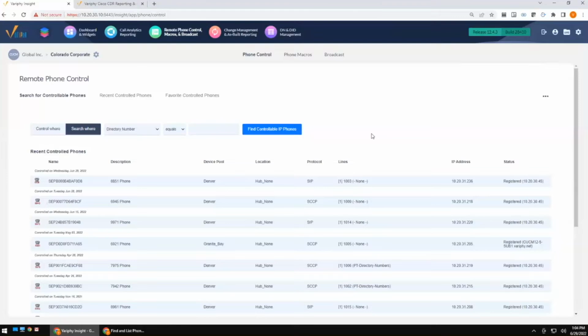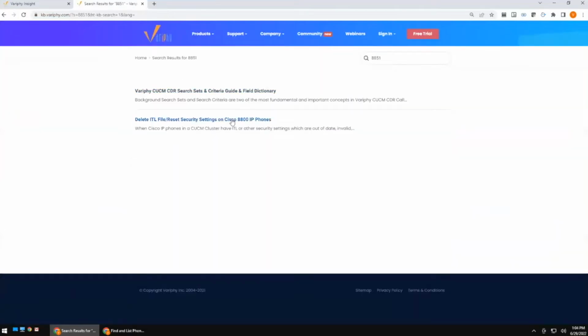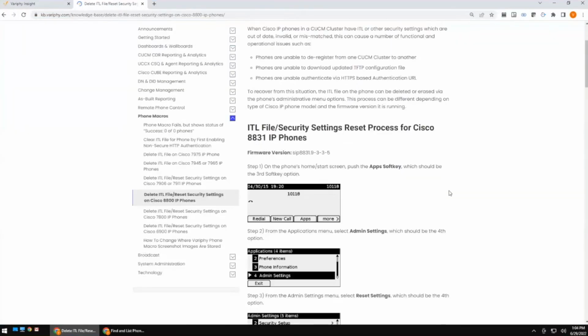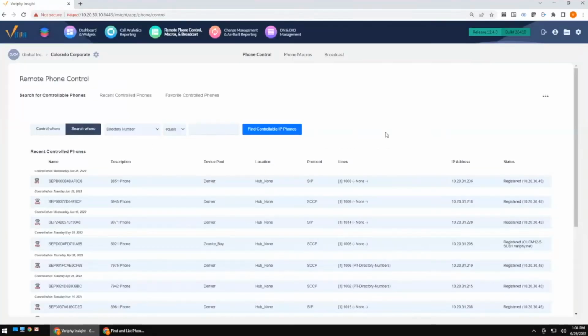If you are looking for some steps or some processes, what options to press or what buttons to push, feel free to pop over to verify.com. In our case, we're going to go ahead and work on this 8851 right here. You could take a look at our website. A lot of times we have general button presses and steps out on our website. Obviously, we can't cover every single model of phone out there, but we've got a pretty solid database repository of certain statements that you can run and what buttons to press on certain phones. So let's go ahead and get started.